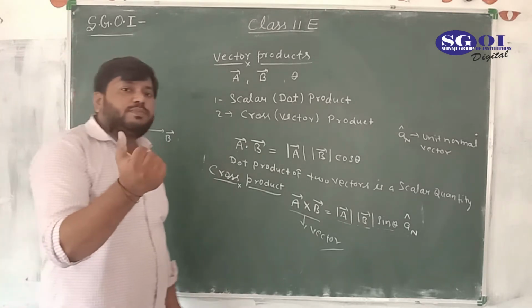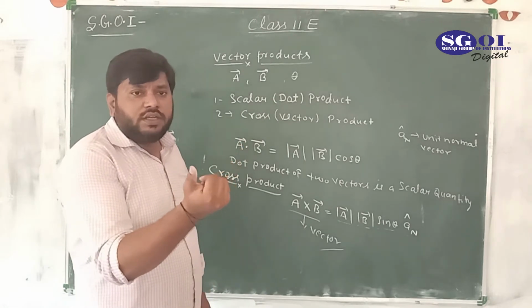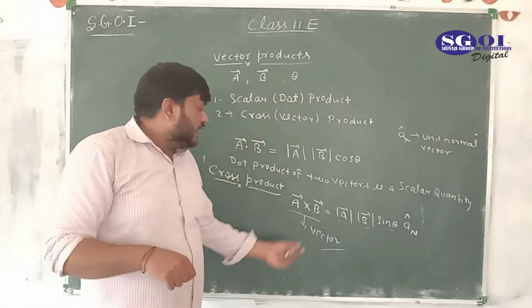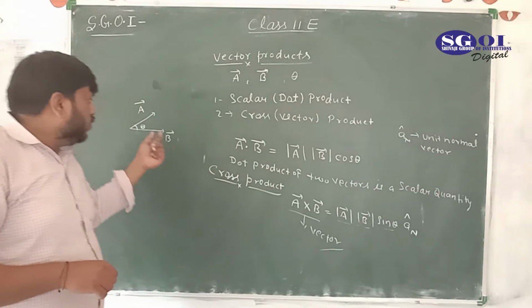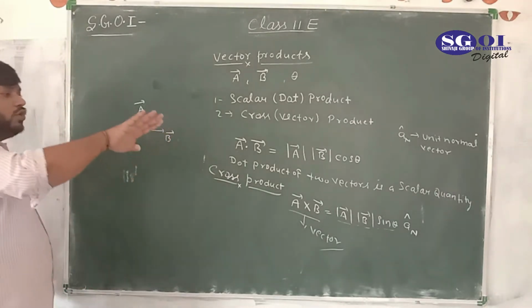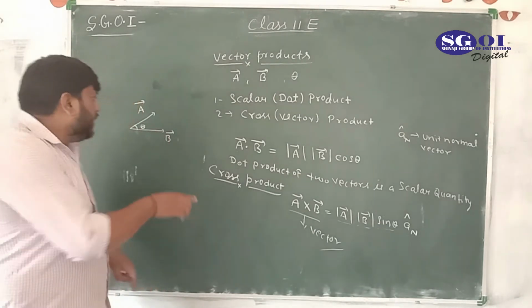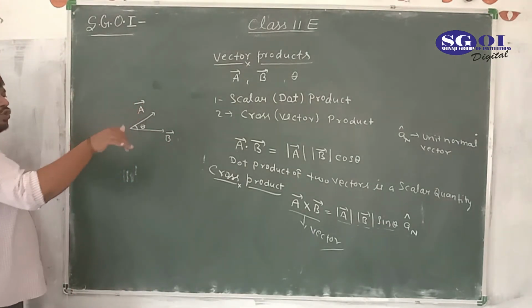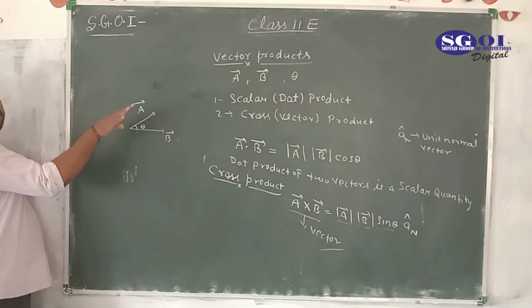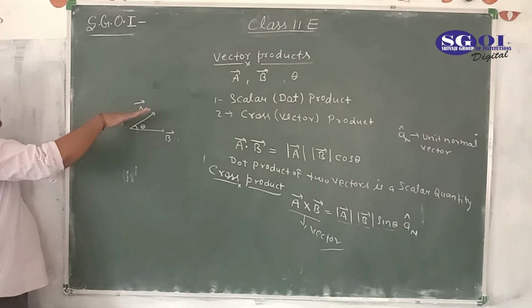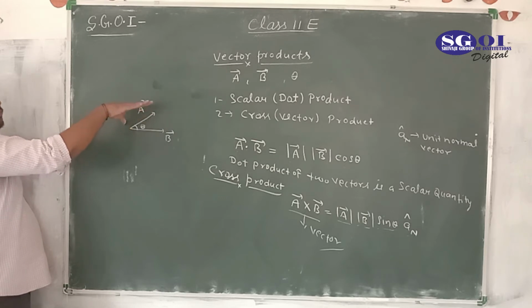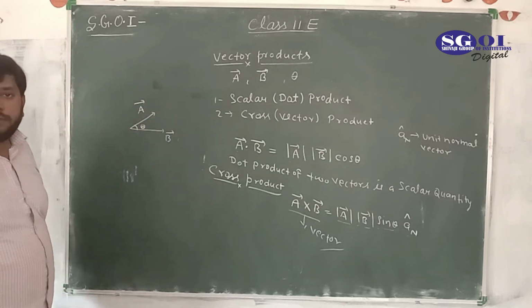Actually, your fingers must be pointing when you are closing your hand. Your fingers must be pointing towards another vector, which is B. So how do you put your hand here? You put your hand like this, and this portion of your hand would be placed at A, and your thumb would be inside this blackboard. And when you close your hand, it is in the direction of B. Your fingers are finally moving in the direction of B.